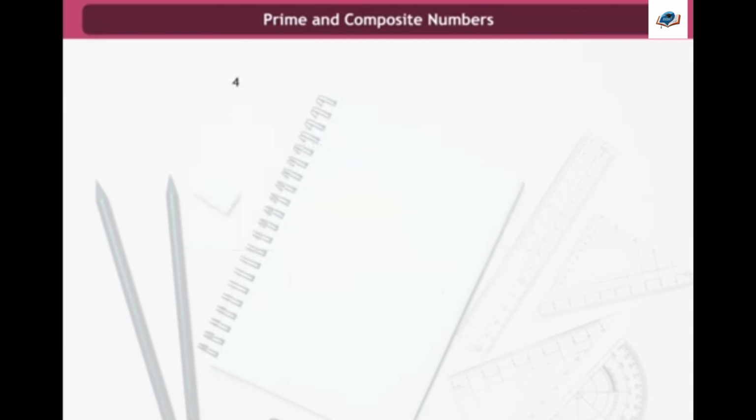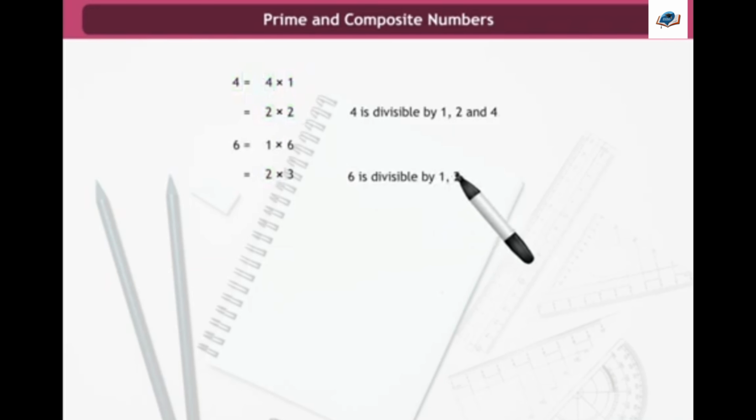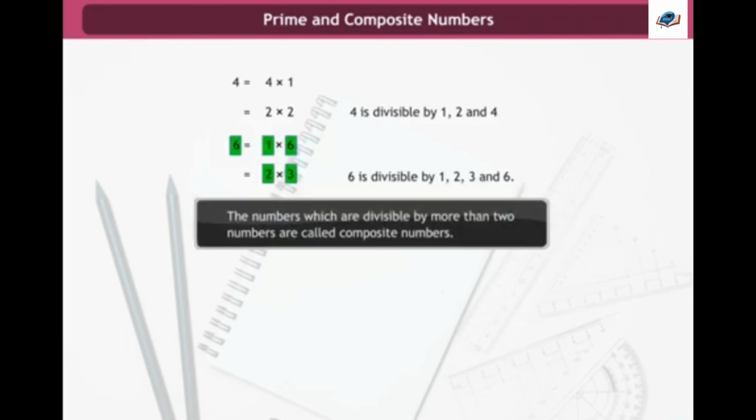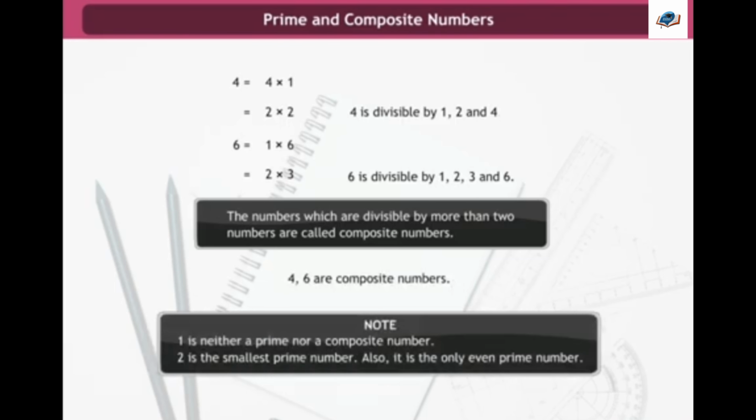Now consider the number 4. Besides 1 and itself, 4 is divisible by 2 also. That is, 4 is divisible by more than two numbers. Similarly, 6 is divisible by 1, 2, 3 and 6. The numbers which are divisible by more than two numbers are called composite numbers. Note that 1 is neither a prime nor a composite number. Also, 2 is the